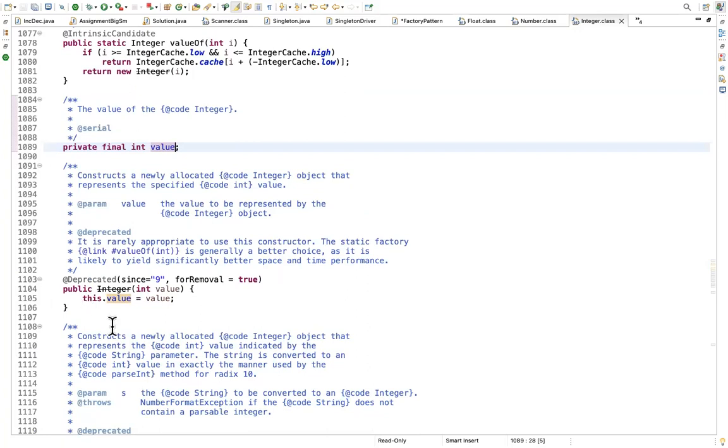So the main three things you can see here: first is the final keyword. If you are using the final keyword with any of your variables, it has to be initialized in the line number 1089. If you miss it, then you have to initialize it only in your constructor. The third thing is whenever your topmost superior class, your super class, is having some methods with the keyword abstract, or if it is an interface which is having only a declaration and not the definition, you can write your business logic in your child classes by overriding them. So these are the three things we need to know.